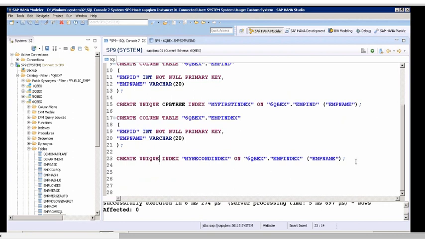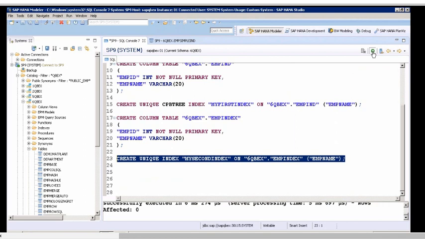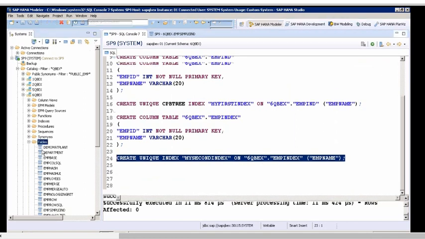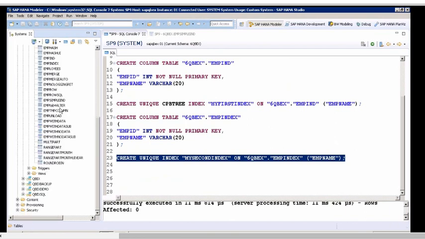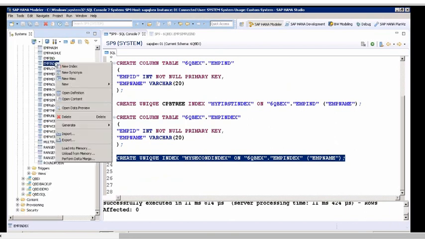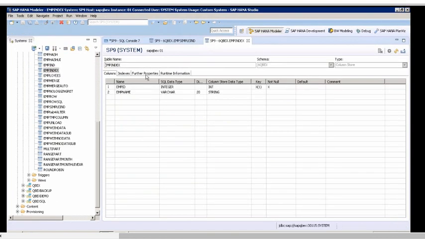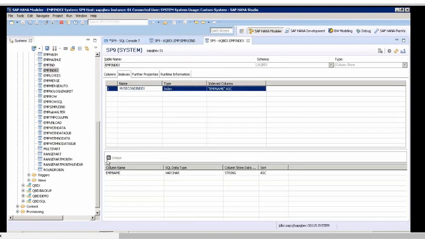I can just say create unique. And what is EMP index? If you see the definition of this table's indexes, you see the checkbox selected because you said unique.